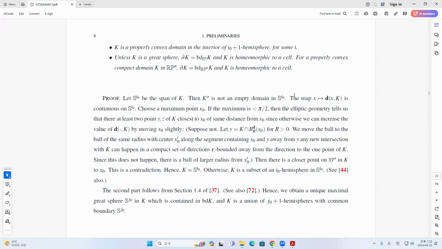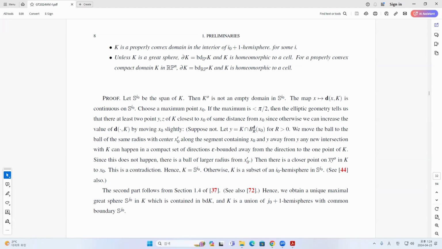So the way to prove this is that you take the span of K. The span is the smallest subspace containing K, and then K0 is a nonempty domain in S0. And then we take a map from X to the distance of X to K in S0. This is a continuous function, and you take the maximal point X0, which is not in K, and if the maximum is less than or equal to pi, then that means